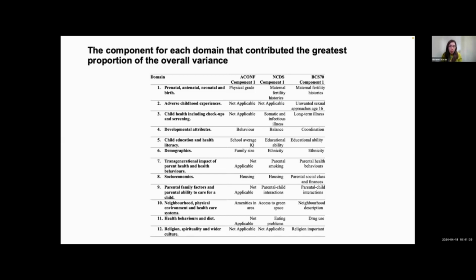So as you can see, some of them say not applicable, which means there wasn't available data around this domain in this data set. And obviously some of them would have different components coming out as important. We've also published this clustering. It is out as a preprint now and under peer review, and I will put the link. But we wanted to cluster that. And this is amazing work, took a long time, led by our amazing research fellow, Seb Stannard.